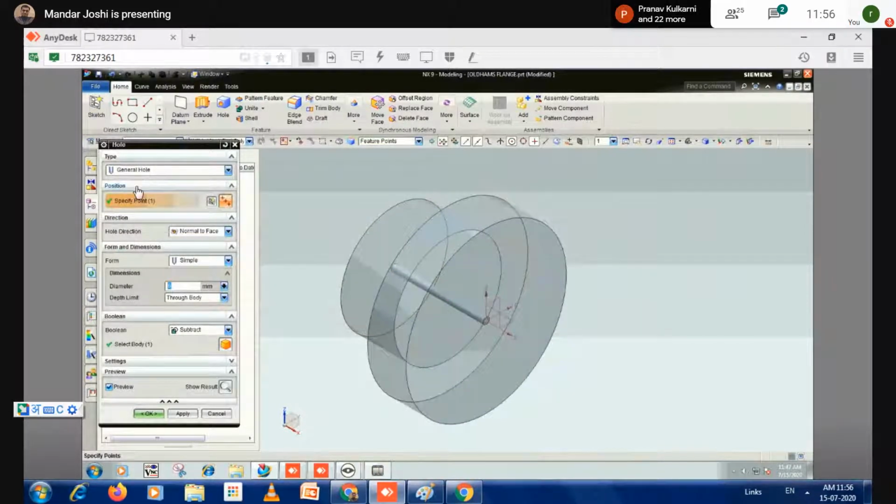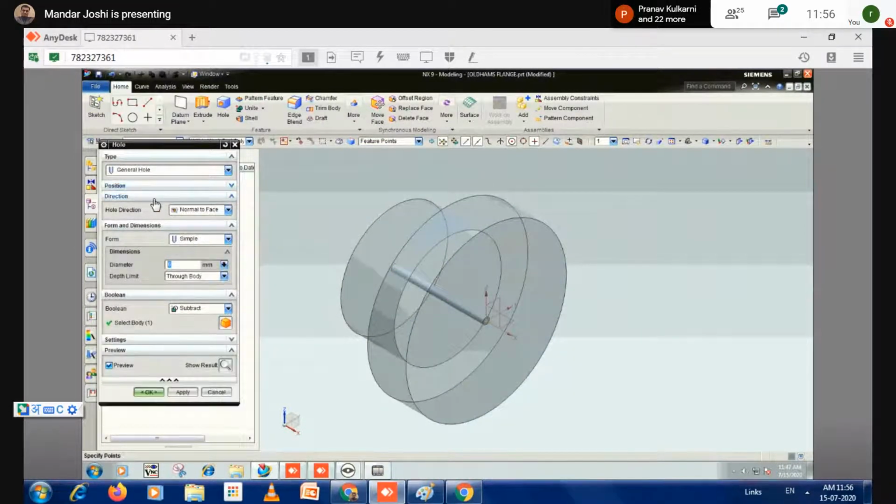Okay. Now after defining the position, you have to define the direction. As you know, the direction of the hole is by default normal to face. Okay, normal to face. One more condition of a hole in NX is that your face should always be flat. On a cylindrical face like this, the curved surface, we cannot generate the hole. The limitation is that you have to select only a flat surface for applying the hole. You may apply the hole on a plane also. You cannot apply the hole on a cylindrical face. Remember that, because from a manufacturing point of view, that is not feasible.